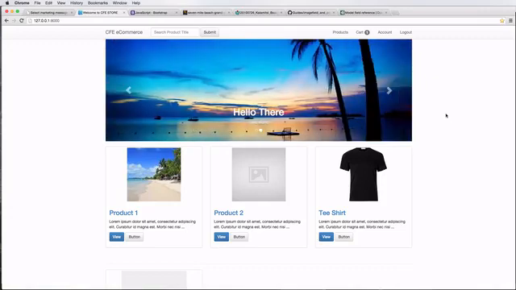Okay, so in the last one, we set up our carousel. So the slider, the bootstrap slider, bootstrap carousel, those are kind of interchangeable. We set it up so we can actually have images and some text and all this stuff and rotate through. We set this up in the last one. So now in this one, we want to actually create a model where we can store this information on our